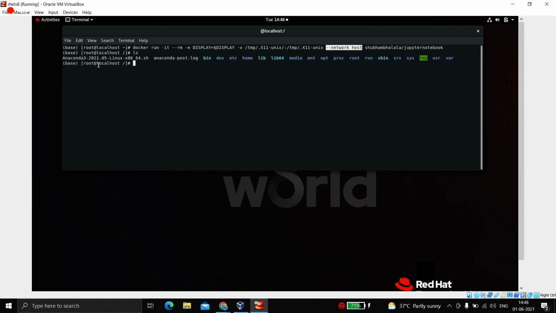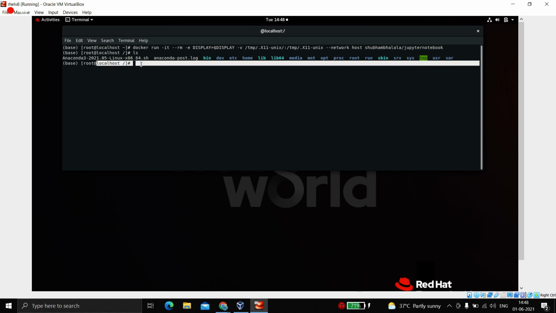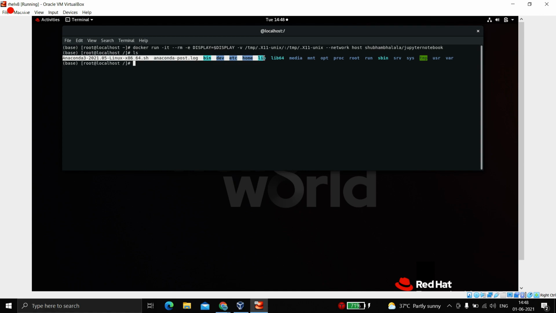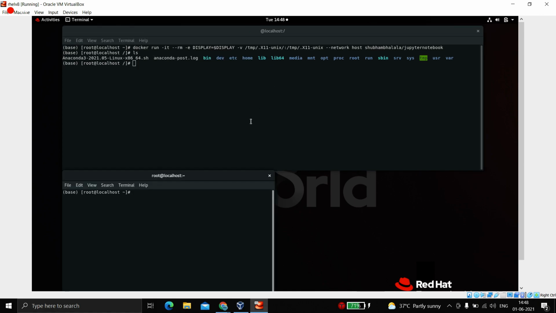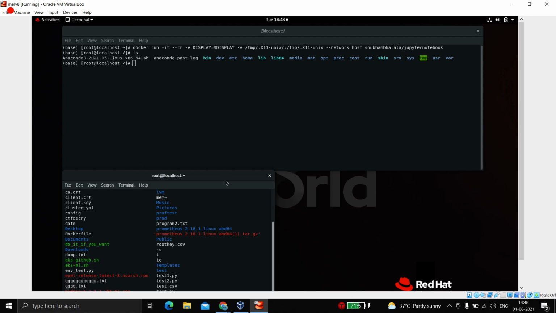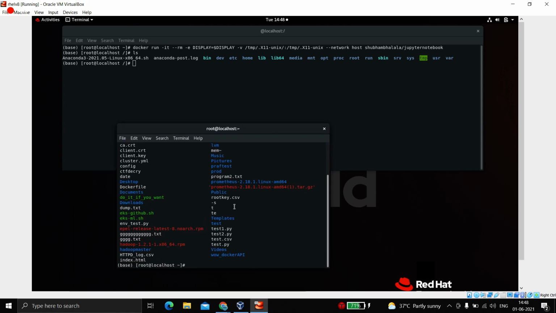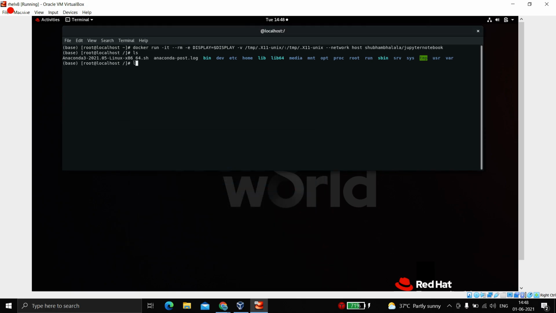If it is bridge, then you will get something else here, like root at some number and then your shell. But I can show you that this is inside the container. How can I prove that? If I open a new terminal and do ls here, this is my actual directory in my Red Hat, but what we are seeing here is a completely different thing, right? Why?